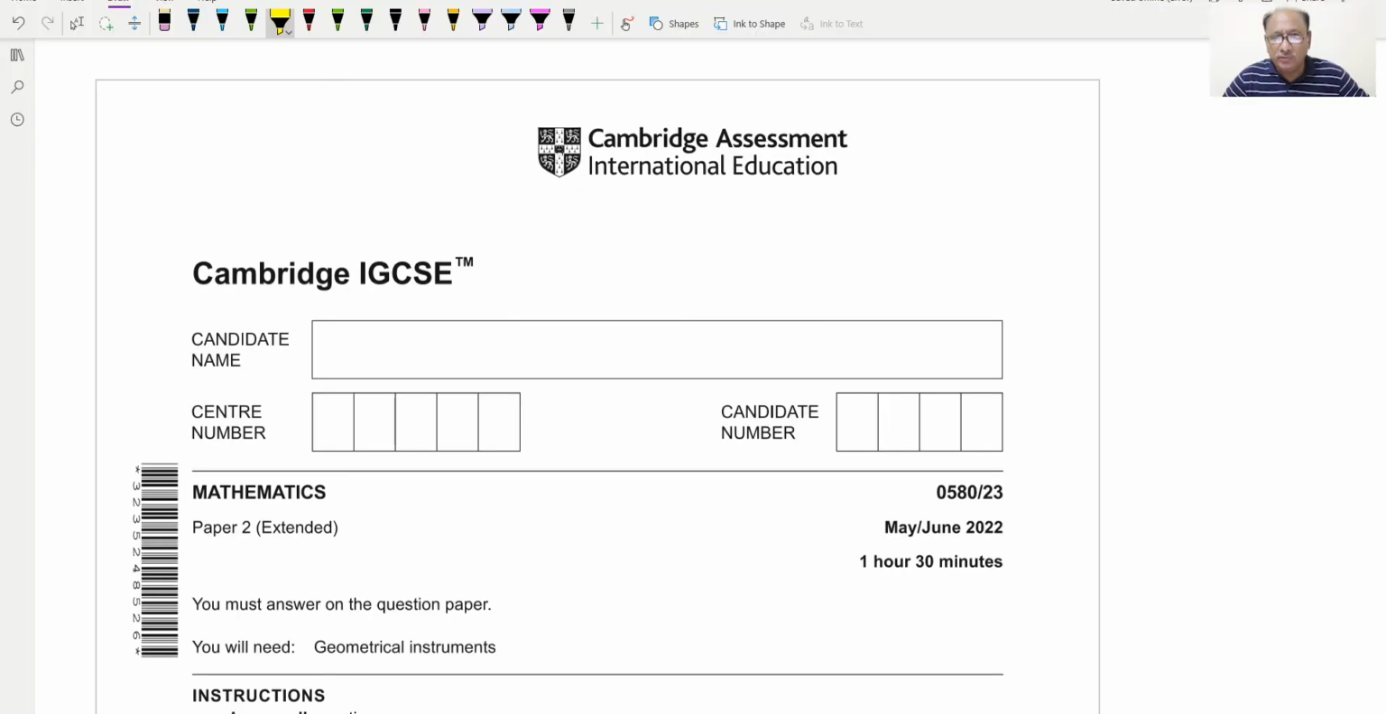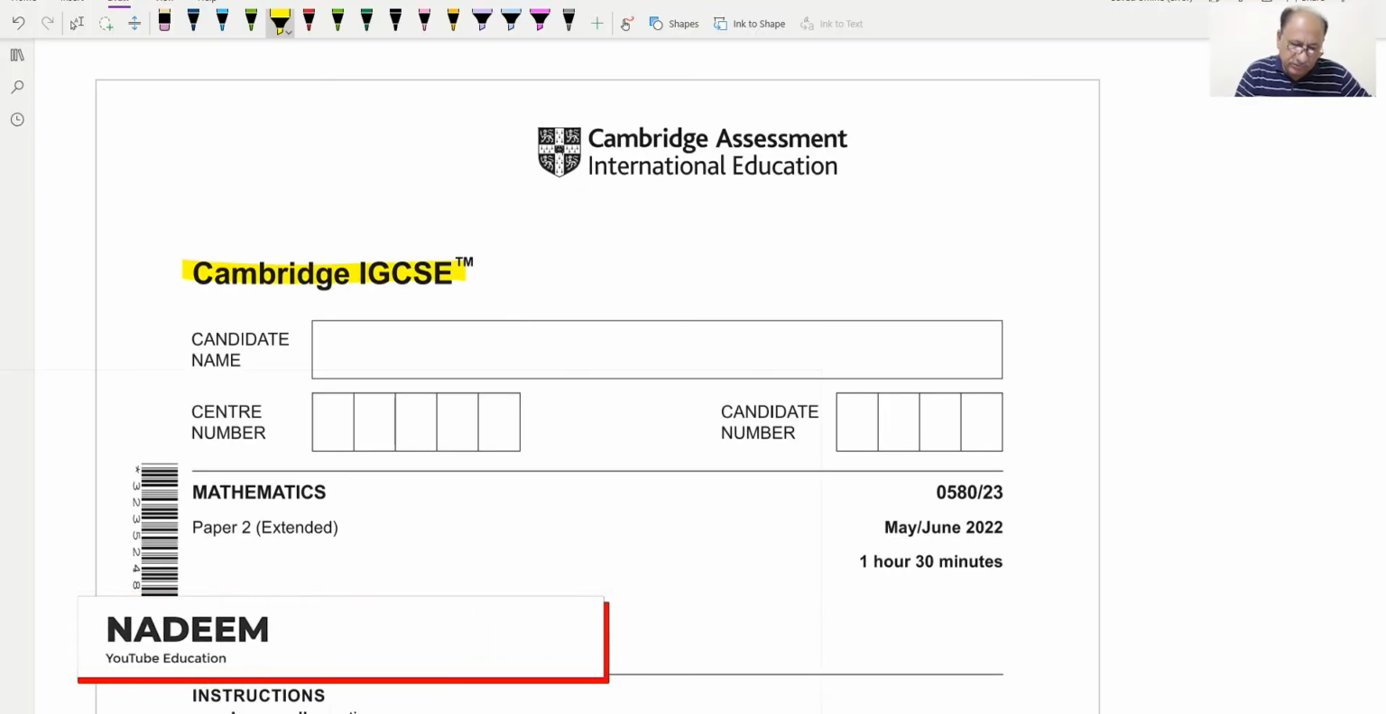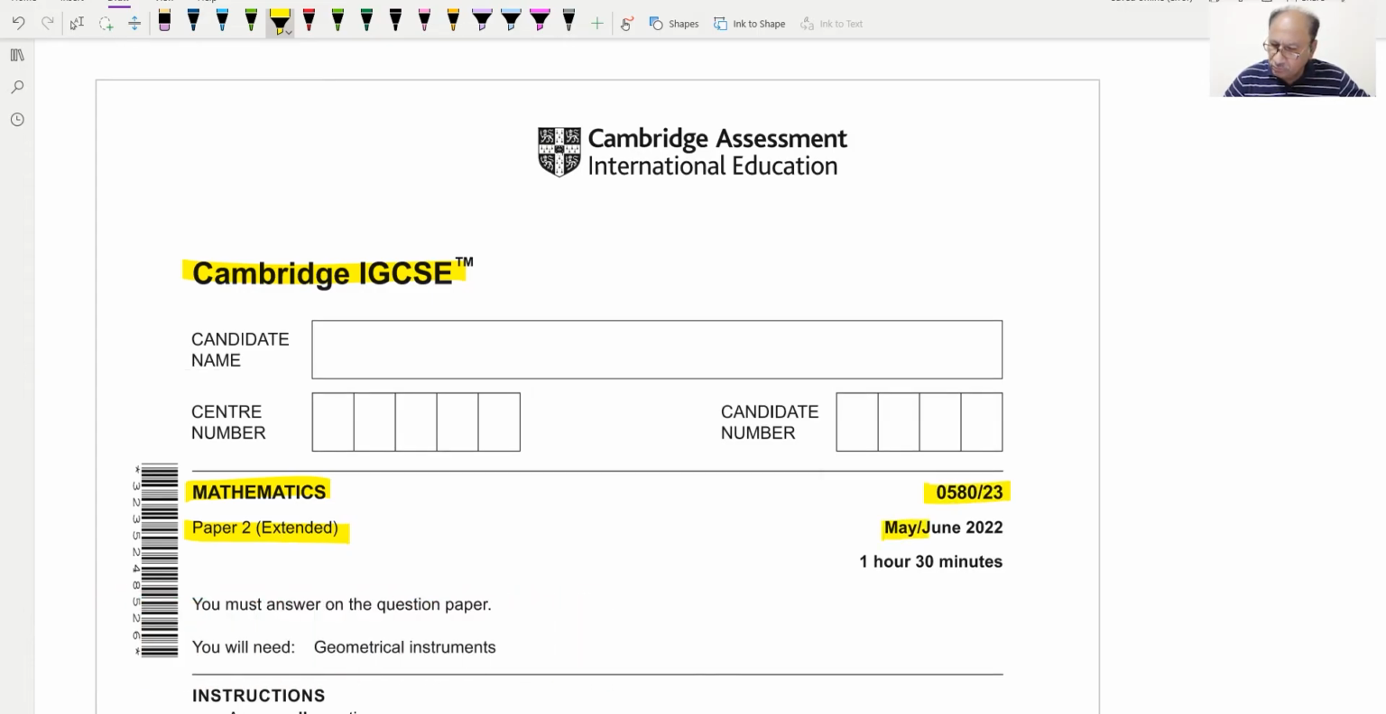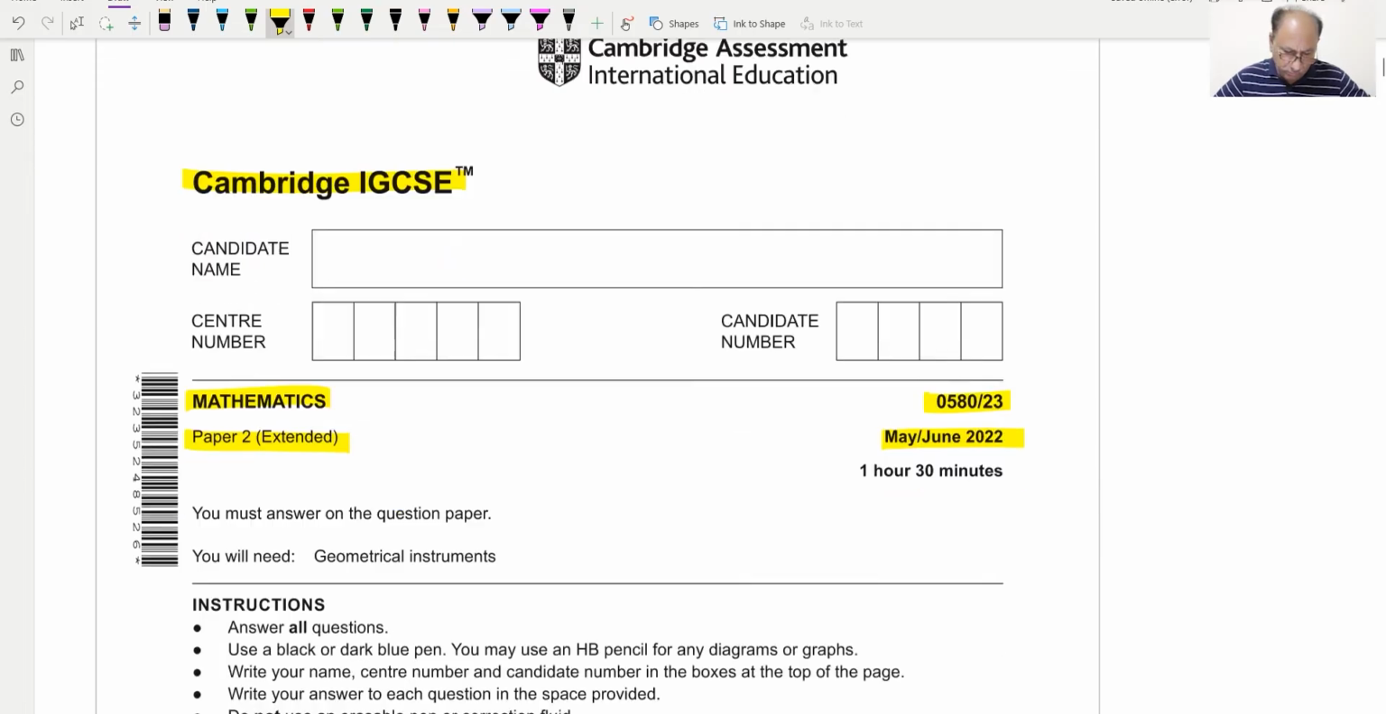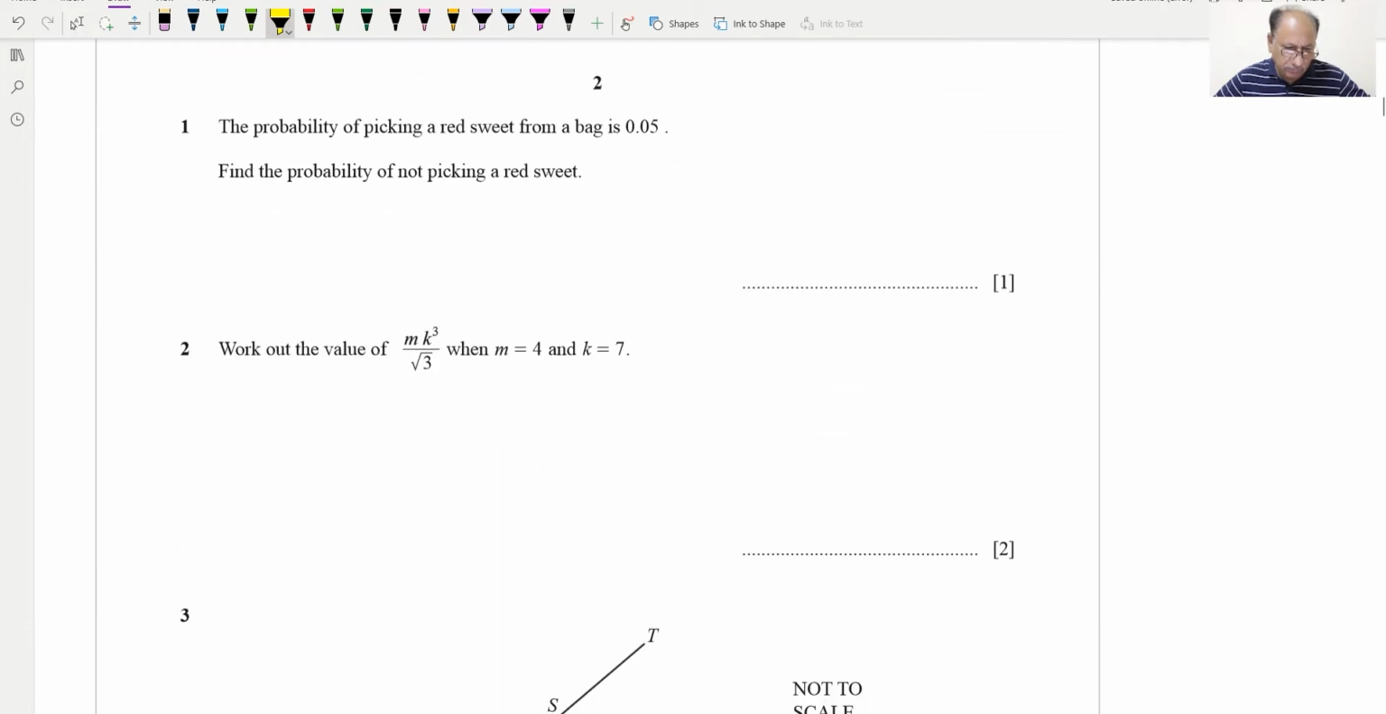Hello everyone, today we'll be going through IGCSE Cambridge Mathematics Paper 2 Extended 0580/23 May/June 2022. Let us move to question number 1, and question number 1 says the probability